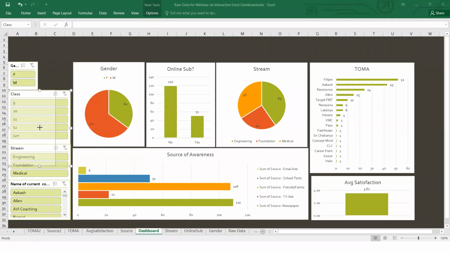You can play around with the slicers any way you like, but the slicers are the main controlling feature of your dashboard. You cannot just do away with them. If there are no slicers on your dashboard, how are you going to control the data? You are going to show a static image. If you have any question, you can ask.